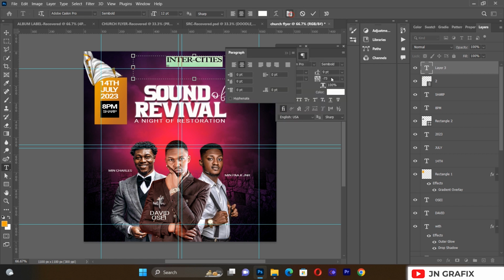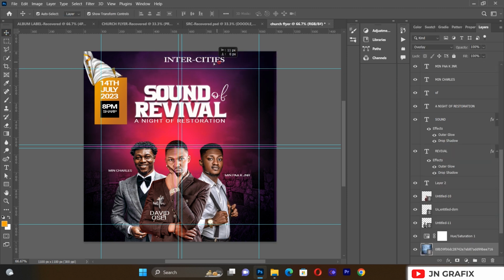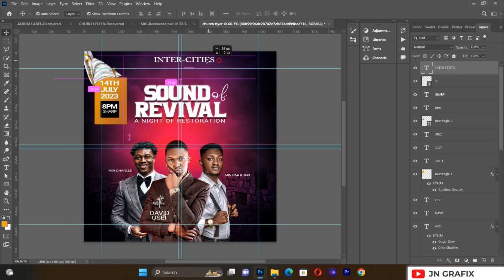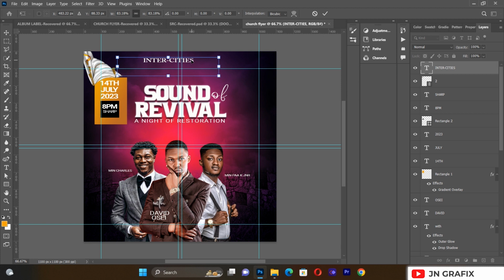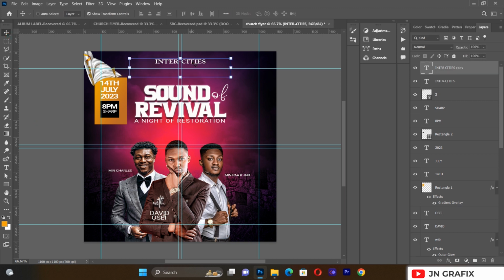I just want us to space it a little bit, so let's make it -25 like this. Then we will make sure that it is actually placed at the center, so we can just resize it a little bit like this, very nice and very amazing. So after we are done with this, Ctrl+J to duplicate the same thing, and we will bring it